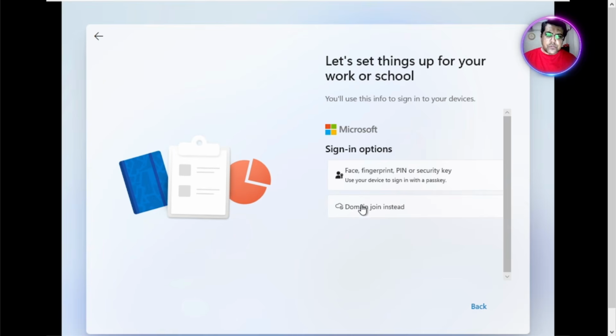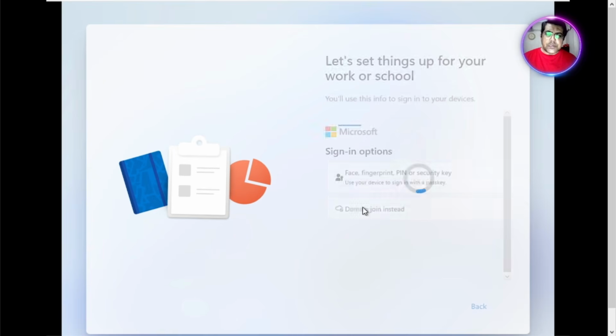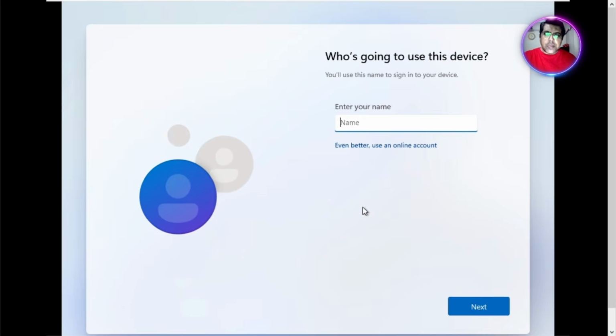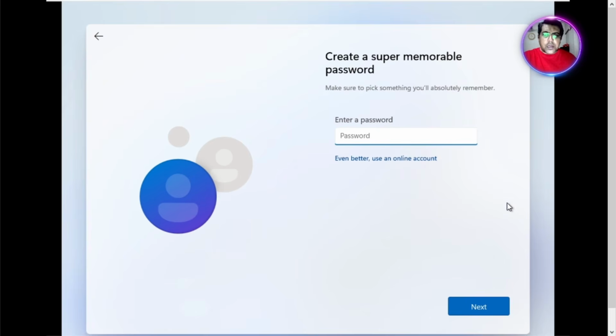So we can use domain join instead, and I can provide the name, and here I will write my local admin one. And for password, I can provide any password here. For example, I just write